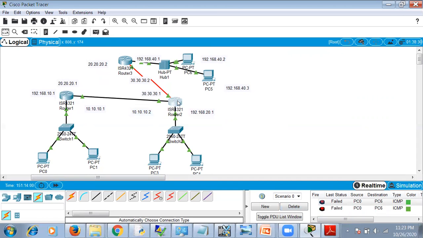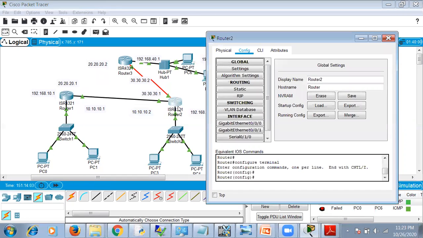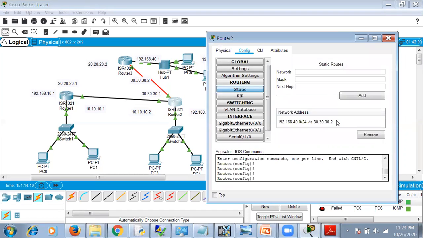We have to set one route in the router tool also, because the acknowledgement has to come here again, go back to this 10 network also. So click on the static. Here we are just connected to 40.0. We have to connect to one more path.